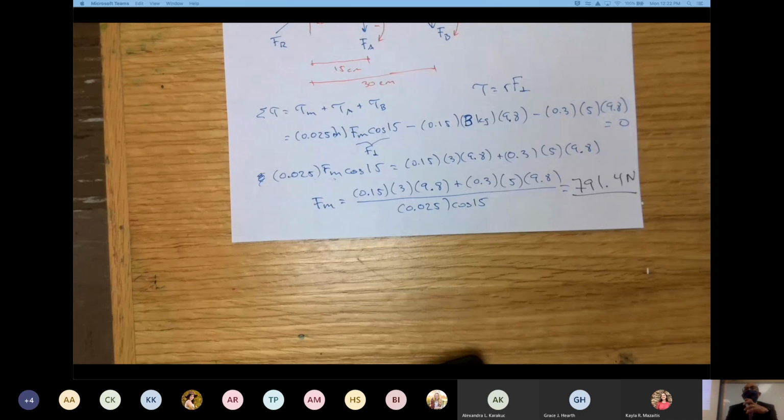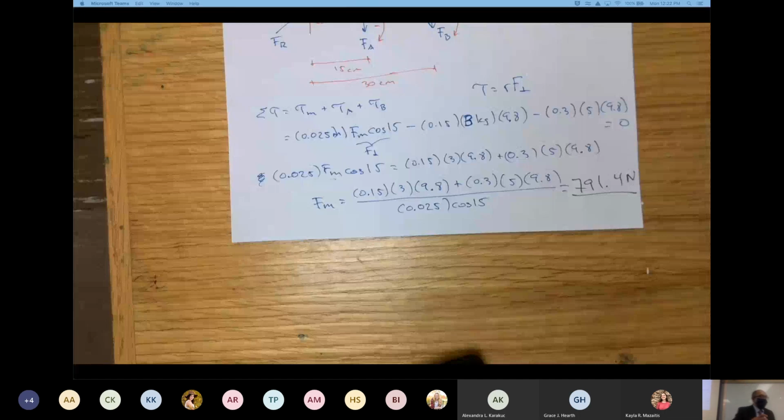Okay, again, you can see that the force on the bicep is almost 10 times bigger than the total weight that you have. If you look at the mass of your arm, the 3 kilograms, and the mass of the dumbbell, that's 5 kilograms. So together, there's a mass of 8 kilograms. You multiply that by 9.8, you're going to get something around 80 newtons, a little bit less than that. However, the force of the muscle is almost 10 times that.